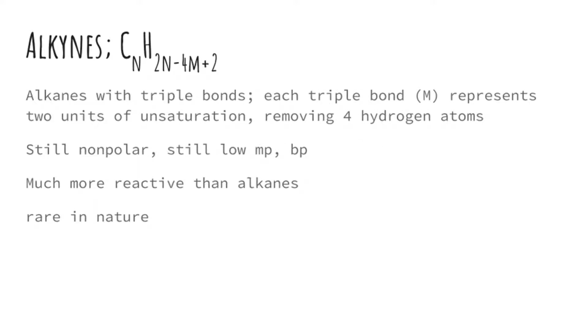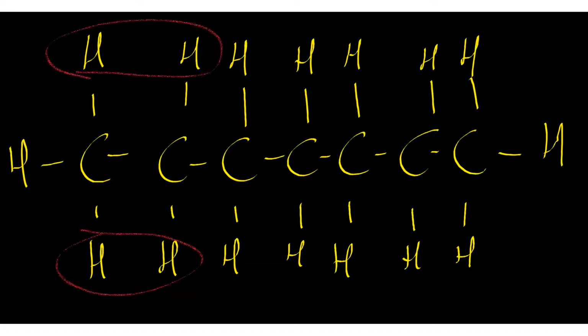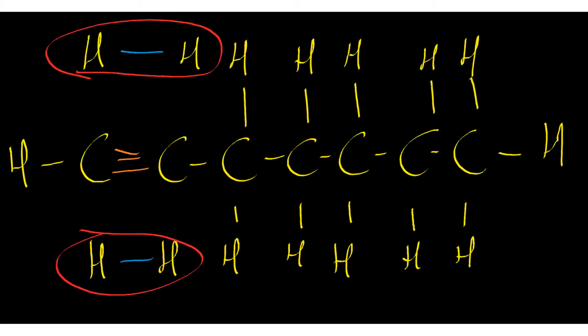And finally, we have the alkynes. Finally, with respect to talking about multiple bonds. Alkynes are your alkanes, but with triple bonds. Each triple bond is 2 units of unsaturation. You have to remove 4 hydrogen atoms in order to get an alkyne, in order to get a triple bond